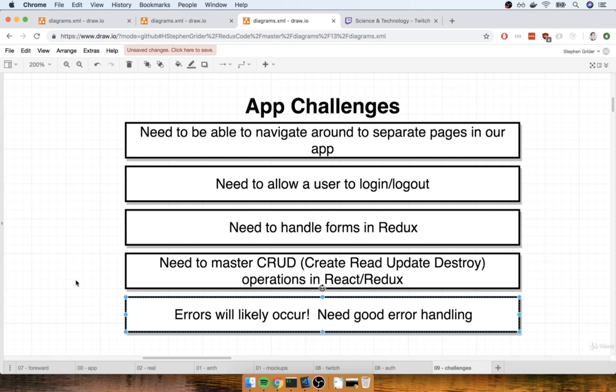Okay, so now the last big thing that might be a challenge inside this application: we're probably going to run into errors at some point in time. Like a user might type in the name of a stream that already exists, or they might not type in any name to the stream whatsoever. Or we might fail to load up video from a stream. It's incredibly likely along all stages of this application that we will run into some type of error. And so we want to make sure that we have some general error handling system inside the Redux side of our app. And then we can show error messages to our users as well. Okay, so that's going to be some of the big topics that we're going to cover inside this application.